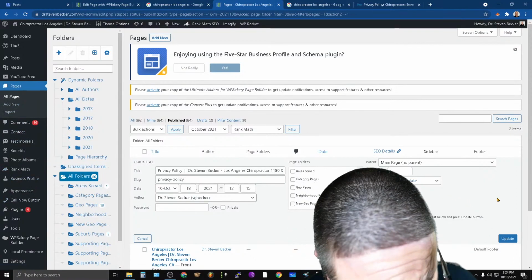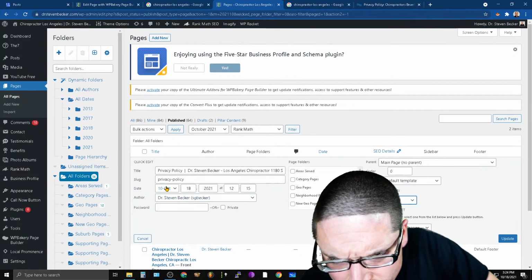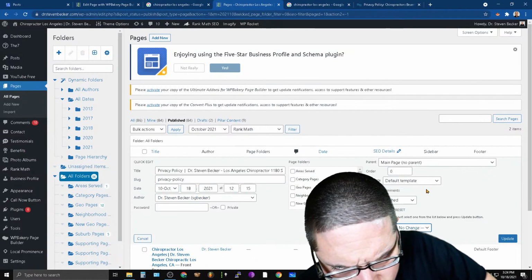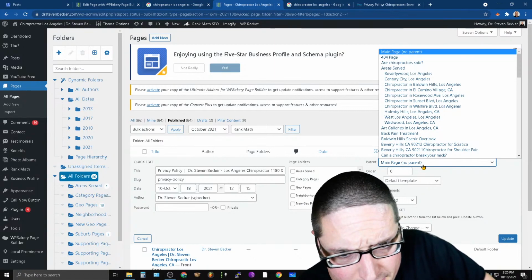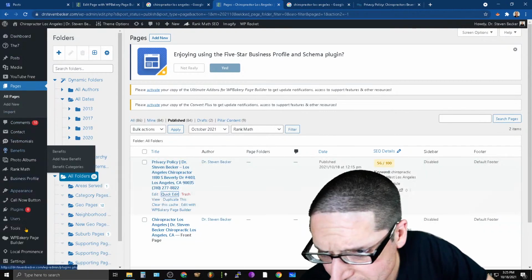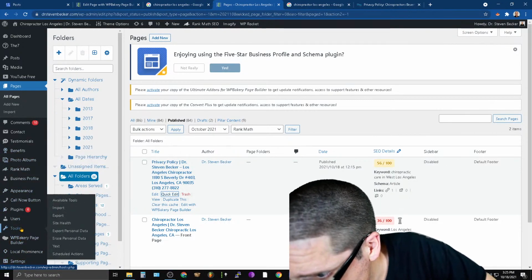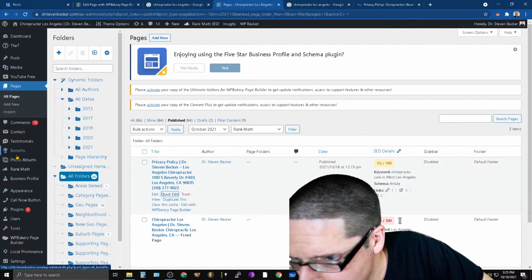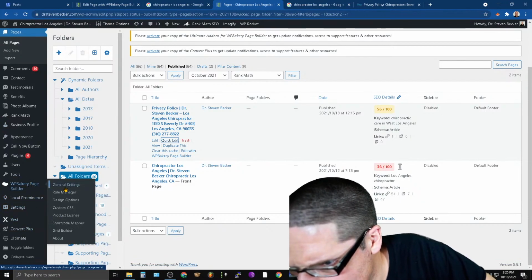Well, it says it's there. Status is published. October, that's today. Today's the privacy policy. Okay, settings preset. Nope, nothing's changed. That's all good. Main page, no parent. Yeah, looks like we're doing pretty darn good here. I'm happy with it. All right, so it should be in here. Let's go back over here. I've got to add it. It's got to be added. I mean, if he wants to make it pretty or whatever later, that's fine.